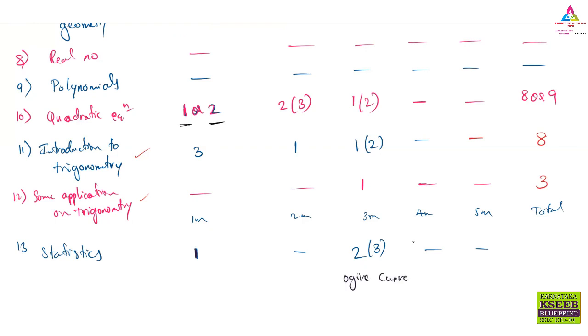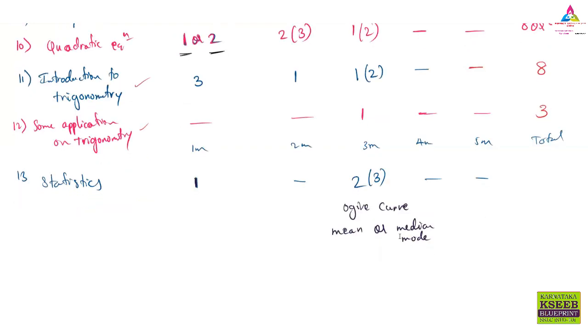It may be less than or more than, depending on them. And the next question will be on mean. One question is definite: along with the mean they will give median, or they will give mode. So there will definitely be a question on mean, because here you have an OR question. Along with the mean you have to choose either median or mode, so you have to choose any one.